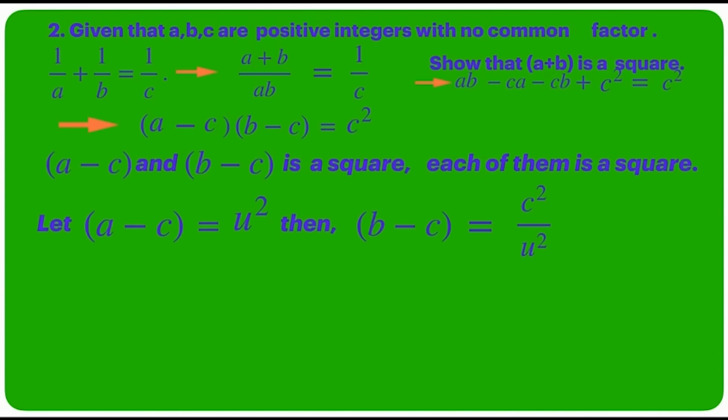Just from the first equation, that is a minus c equal to u square, we can take the value of a. So a equal to, changing the side of minus c from left to right, we get the value of a, that is u square plus c, and similarly b equal to c square by u square plus c,